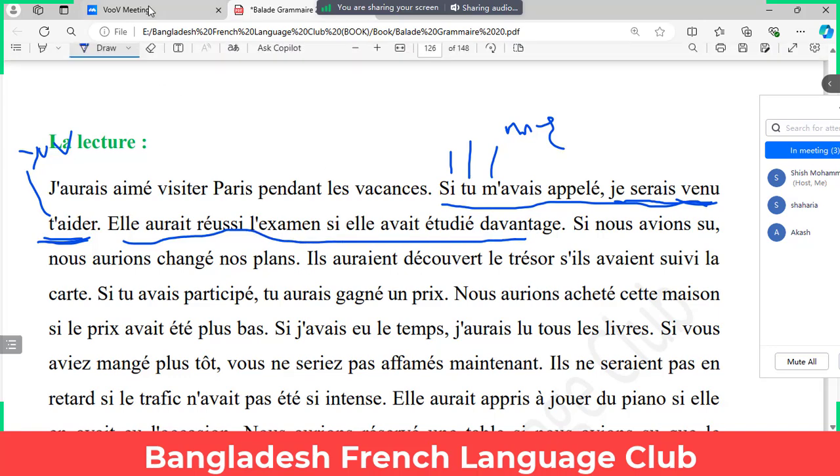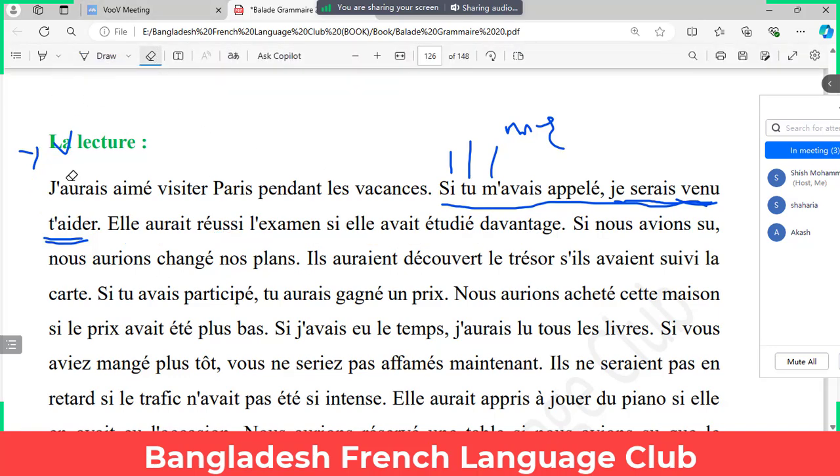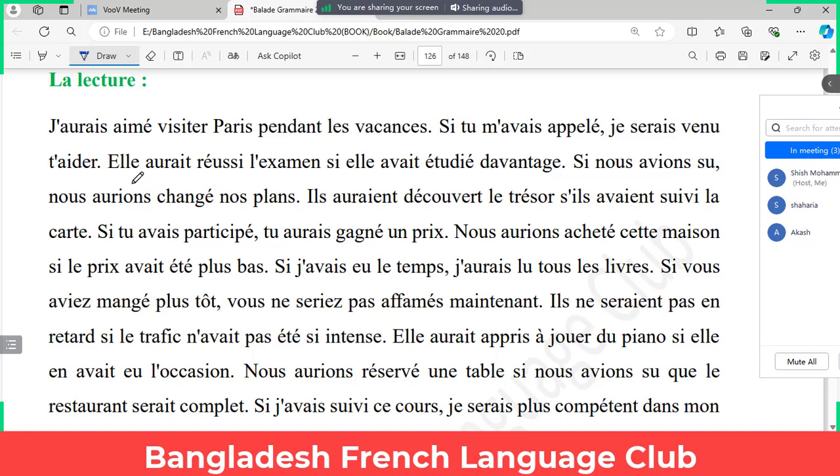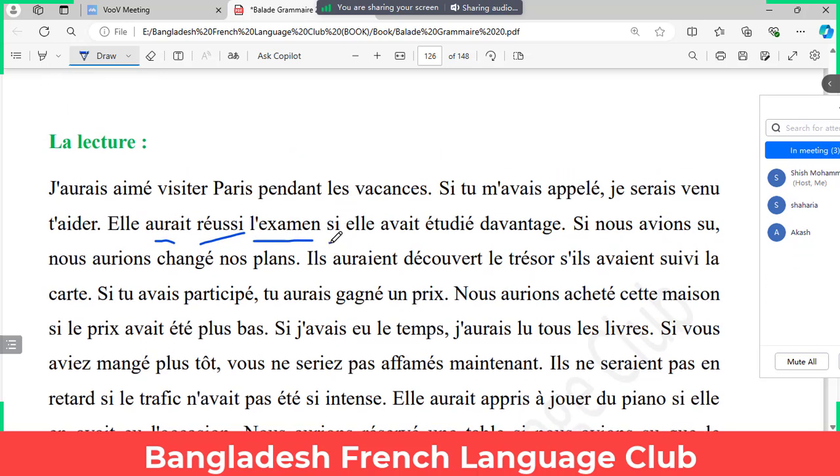Then il aurait Sorry. aurait réussi l'examen si elle avait étudié